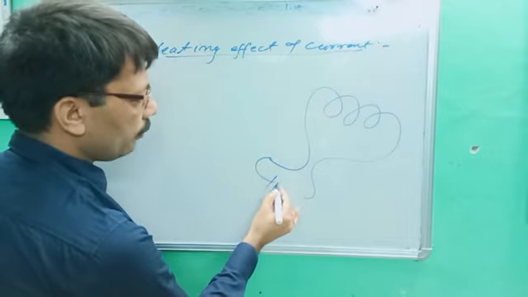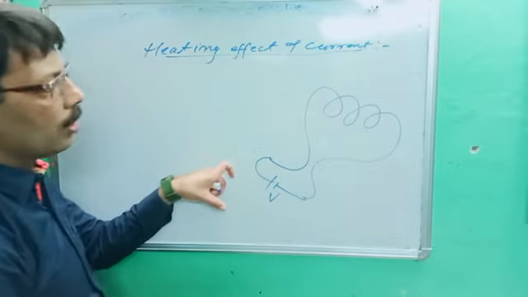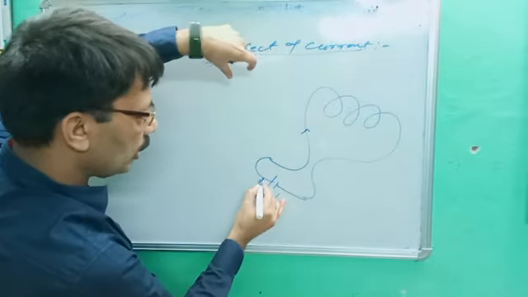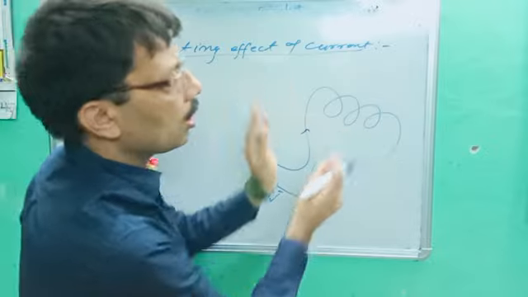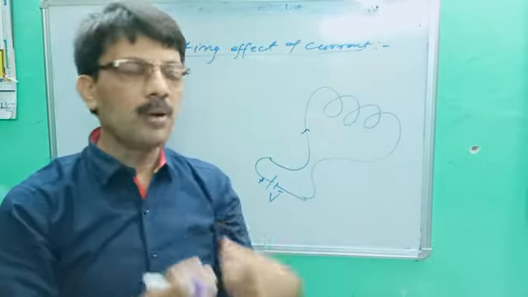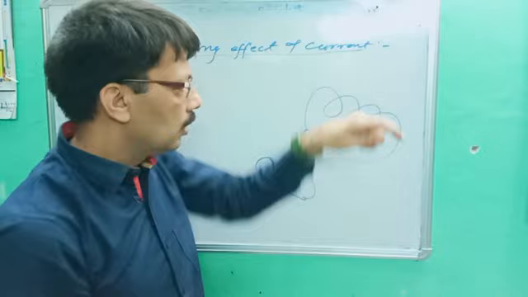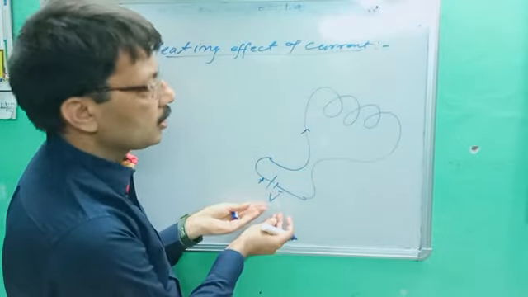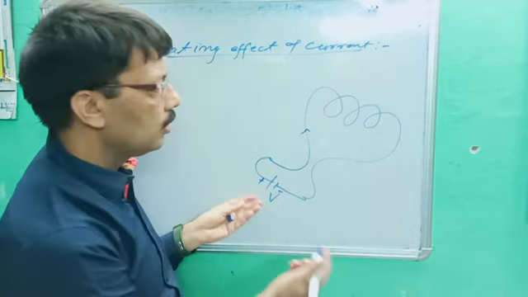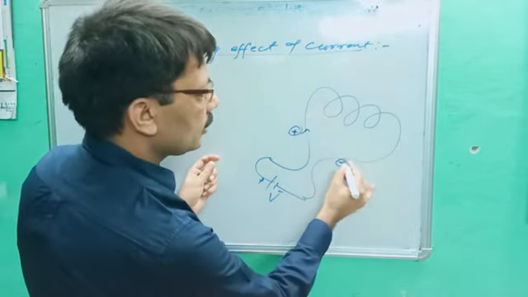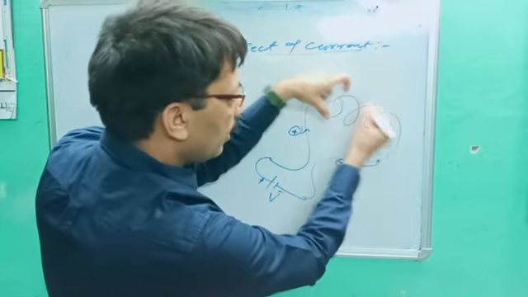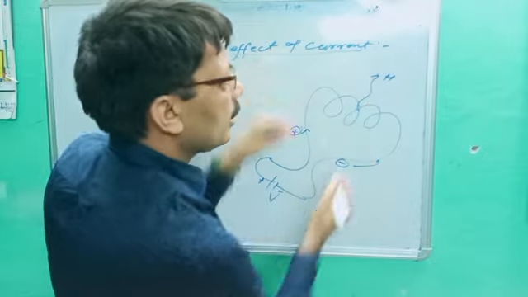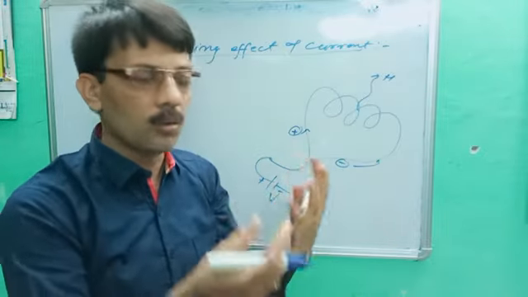It is applied by electric potential V. When you apply the potential, no doubt charge starts running in opposite directions. This is positive and this is negative, and every conductor or alloy contains electrons and protons, which are at rest. When you apply the electric potential or chemical energy by a cell or battery, what happens? Plus and minus start running towards each other, and in that coil they collide and convert into what? Heat. If you start running, no doubt you get heated.